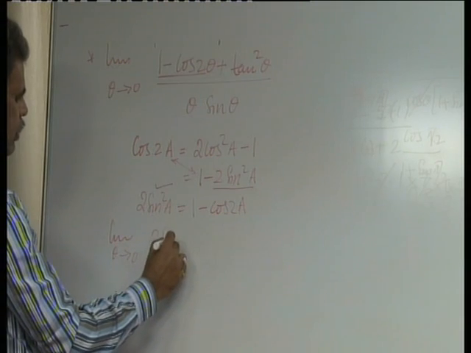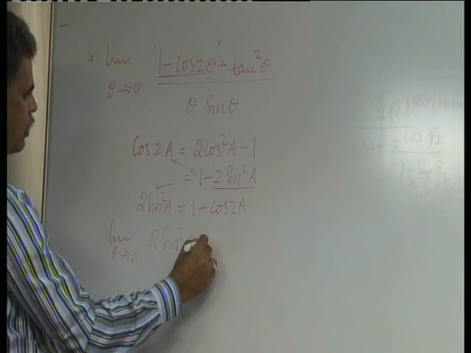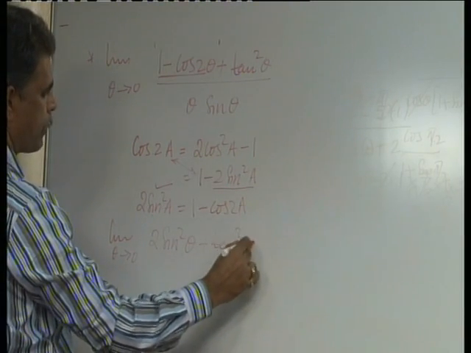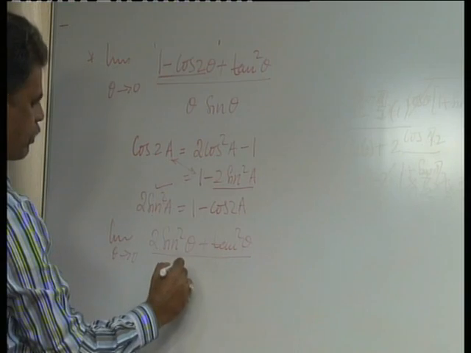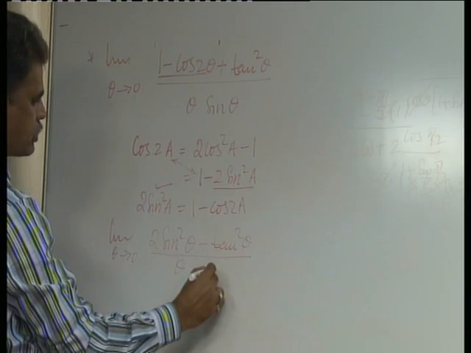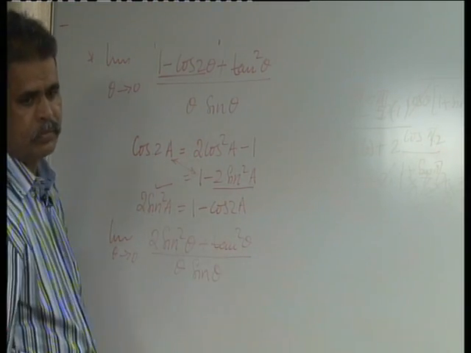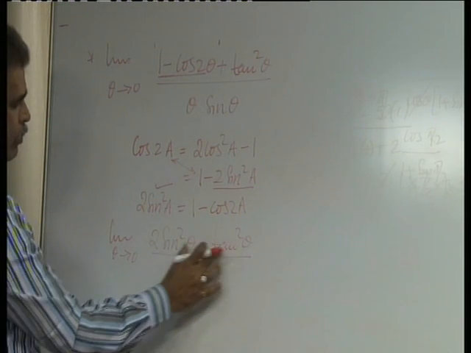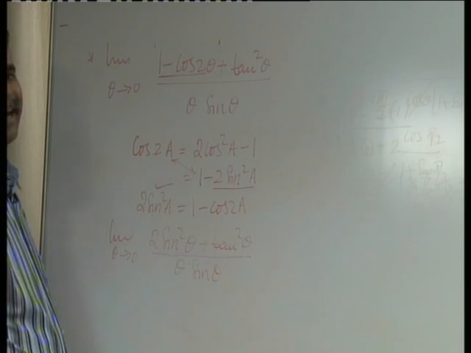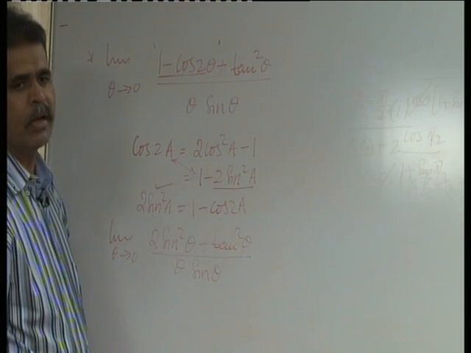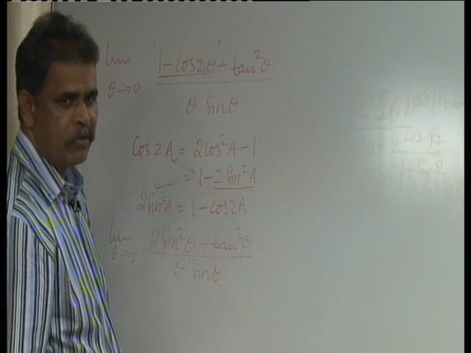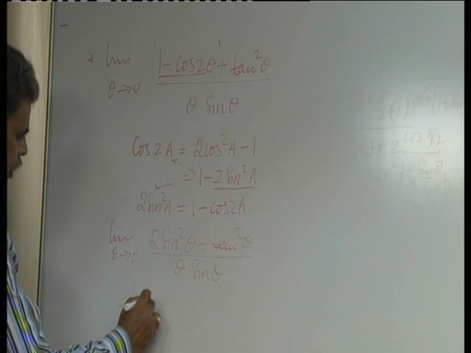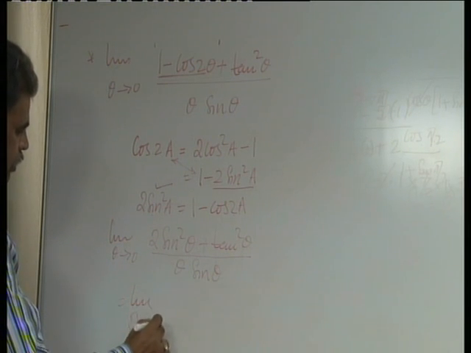Theta tends to 0, 2 sin square theta plus I will take tan square theta as it is, divided by theta into sin theta. Both are in sin and tan terms. So, when there is a sin and tan term, you can convert them into standard form easily. Therefore, you can reduce it to theta tends to 0,